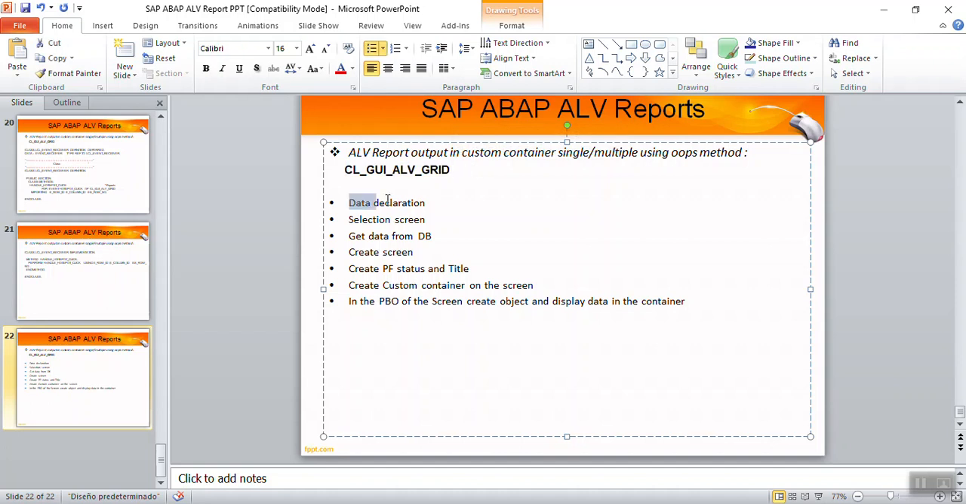The very first thing, we have to do the data declaration. Second, we have to create the selection screen. Third, we have to get data from the database. This is common in all ALV reports, but when we want to create and show the ALV report in